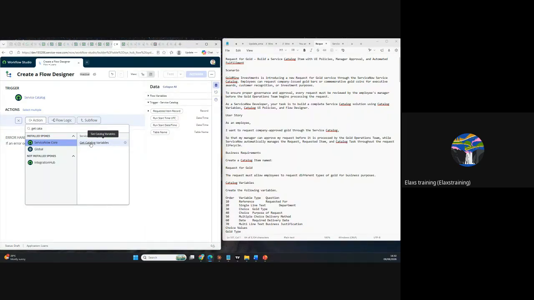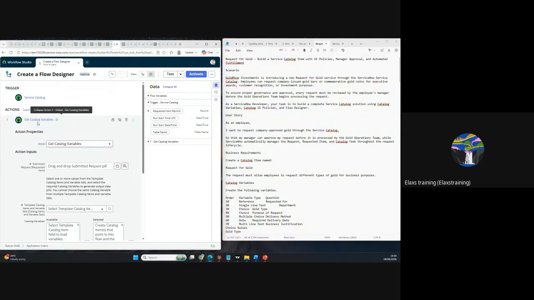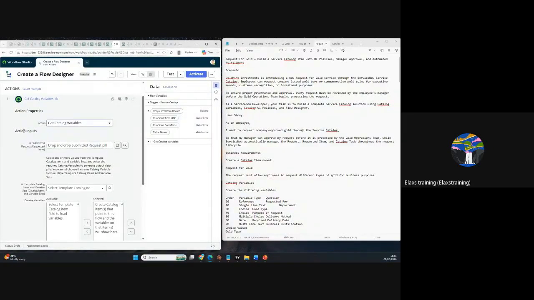Now, how will that information come in? We've located the place where the data is, which is your service catalog. Now, we need those variables inside the flow, right? So we click on get your get catalog variable. Now, under that get catalog variable, if you look at it, we have action input,